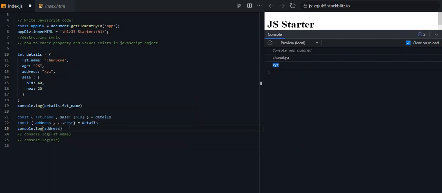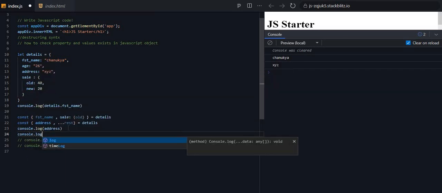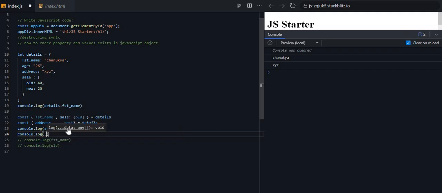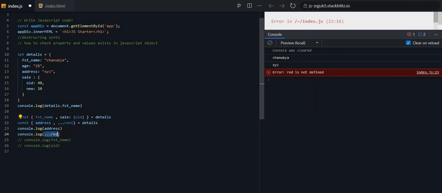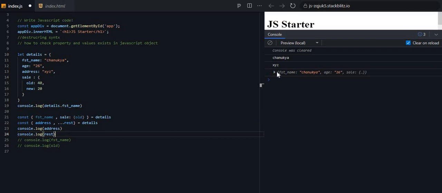See, in address it's given xyz. Now let's print dot rest. See, the remaining: I took an address, so in this object there is no address. Like that we can capture the remaining object also using this rest operator. Up to now we discussed what destructuring syntax is, and how in destructuring we can get the remaining rest object. Now let's move on